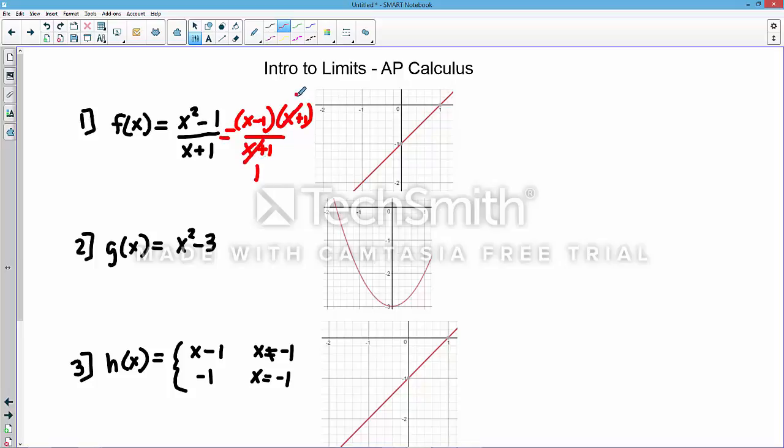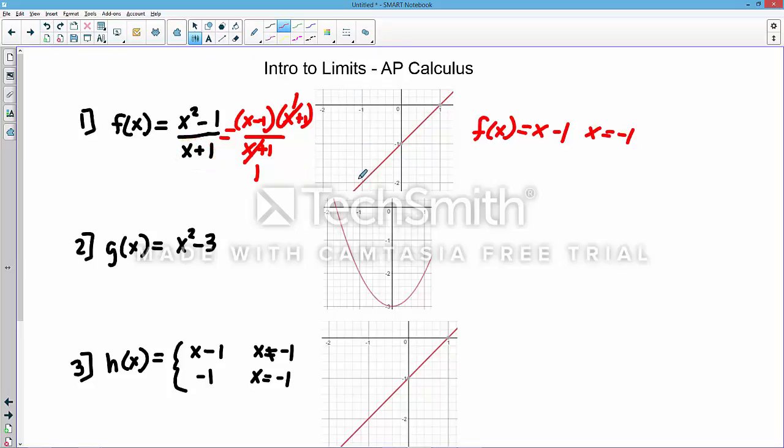These reduce, and of course you get x minus 1. So that's a linear function. That's why this looks just like a line. But of course there's one problem, which is x can never be negative 1. It's the same exact thing as x minus 1, except x can never be negative 1, because if it's negative 1, this denominator becomes 0,